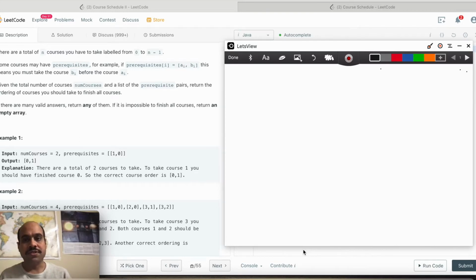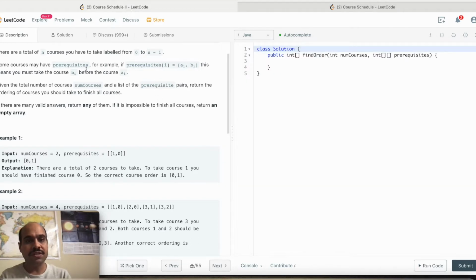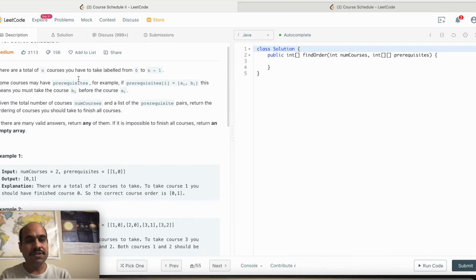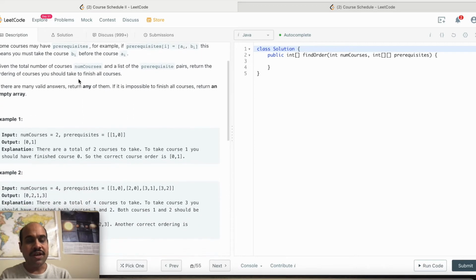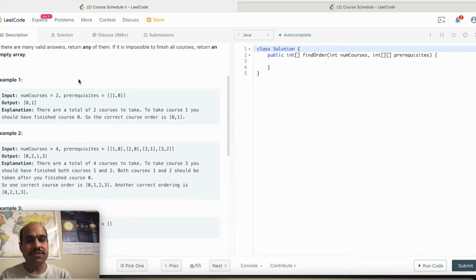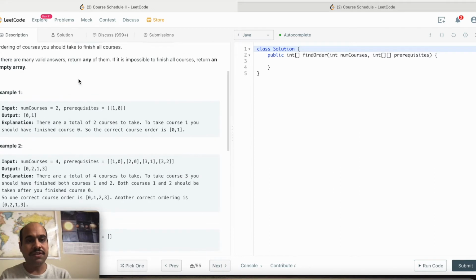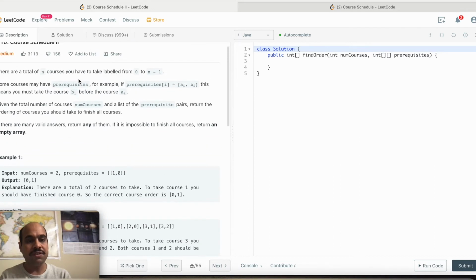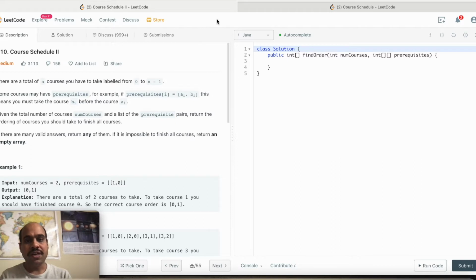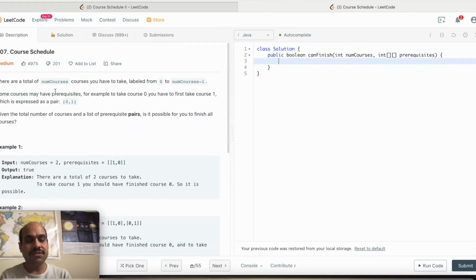Hello friends. So today we are going to see a problem related to topological ordering or topological sorting, and there are two questions in LeetCode. One is this one, problem 210, and you can see it is based on topological ordering. We'll go through that and see what we need to do and what the algorithm is to solve this question. And the second question which I will solve is Course Schedule, problem 207.